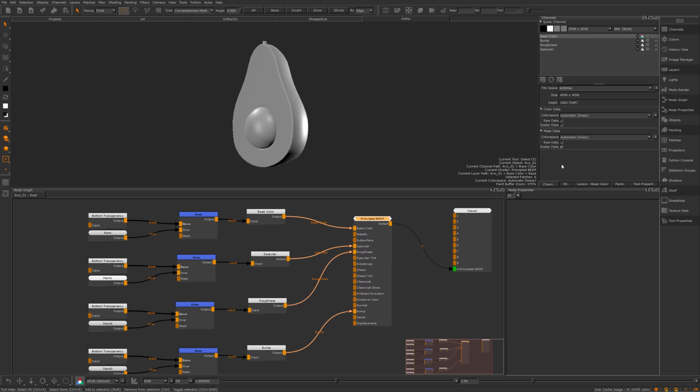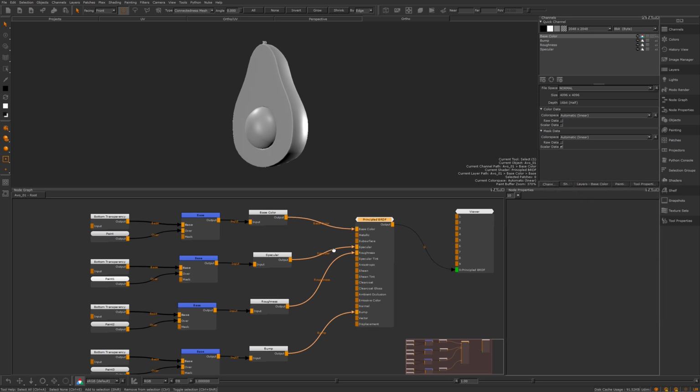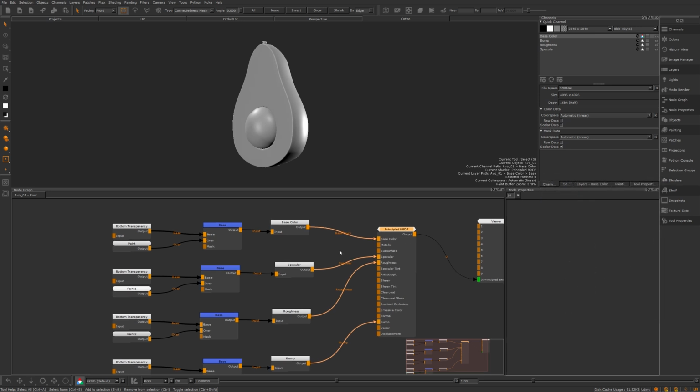And then this shader here is, if I go just to the shading palette now, shaders, you can see that this principal BRDF is the same as this one here. So the node graph is really handy in that respect because it just groups everything that's going on in different subpalettes. So if I head over to my layers palette now, so I'm inside of the base color,